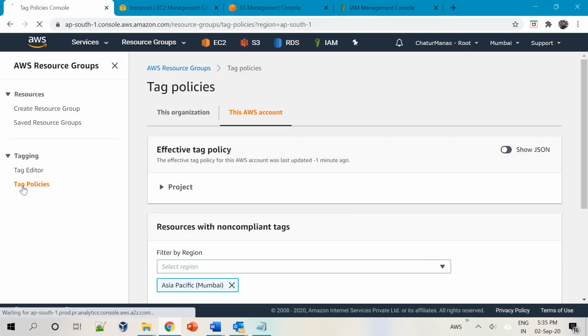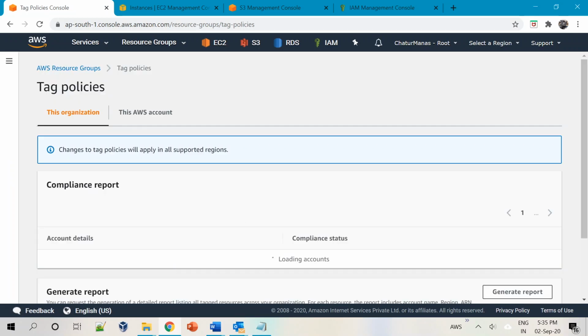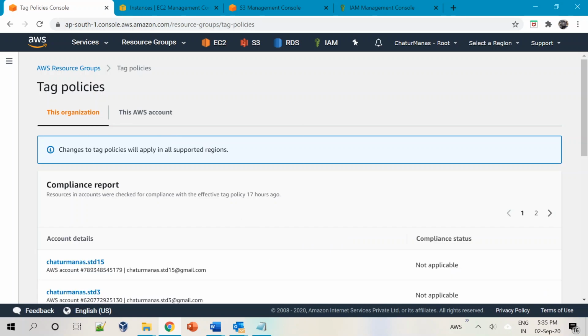So I'll just come and click on the tag policies here. Then if your AWS account is part of an organization, an organization is where you add multiple AWS accounts as one organization, and you can see the billing and all these tags belonging to all the accounts under one head. Okay, so we'll not go much deeper into the organization this time because this video is not made for the explanation of the organization. So I'll just skip the organization part. I'll explain it later. Currently we will go for this AWS account.